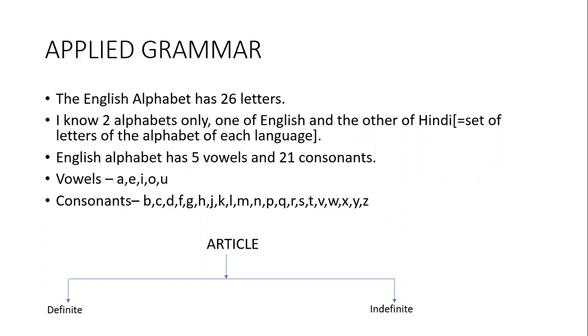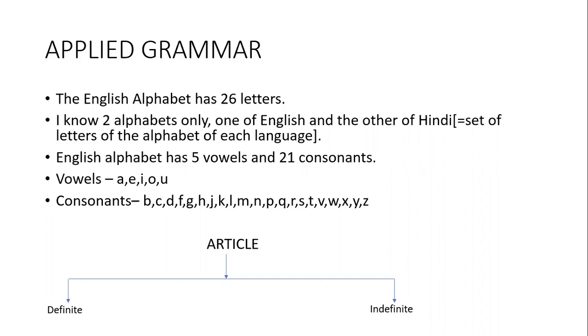Now, to be more precise, I wish to teach you applied grammar. Applied grammar is the application part of grammar. All of us have been learning definitions of all the different parts of grammar, the definitions and the examples, okay? Since childhood, I think right from class 2, we start all this. In fact, the vowels and consonants start well in UKG, I think.